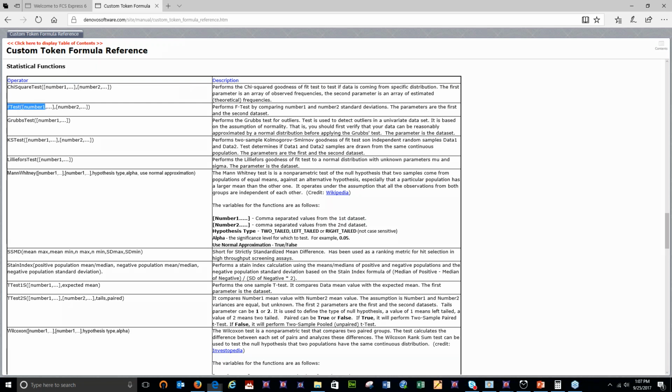Let me switch to my pen here. We've got the Grubbs test for outliers. Let's see, Mann-Whitney, T-tests, Wilcoxon. These are all tests for significance, as you might be aware. We also have